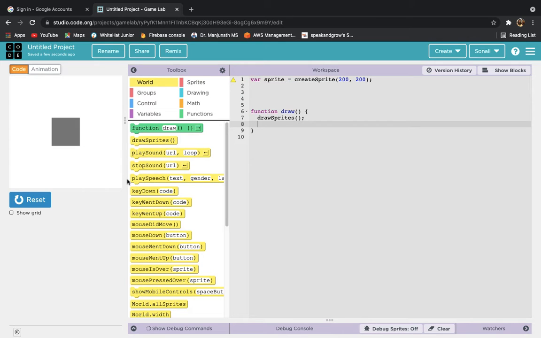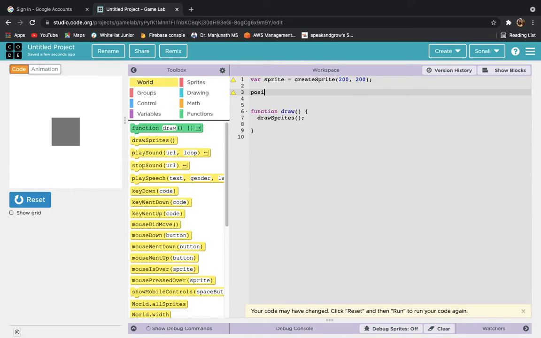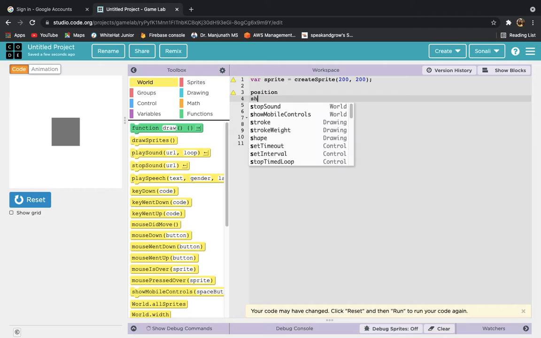And there is a position we need to put to create a sprite or anything. In any game we require mostly two things, that is position and shape. So what we need to create a sprite is, one, position, where you want to put the game object, and another, shape.